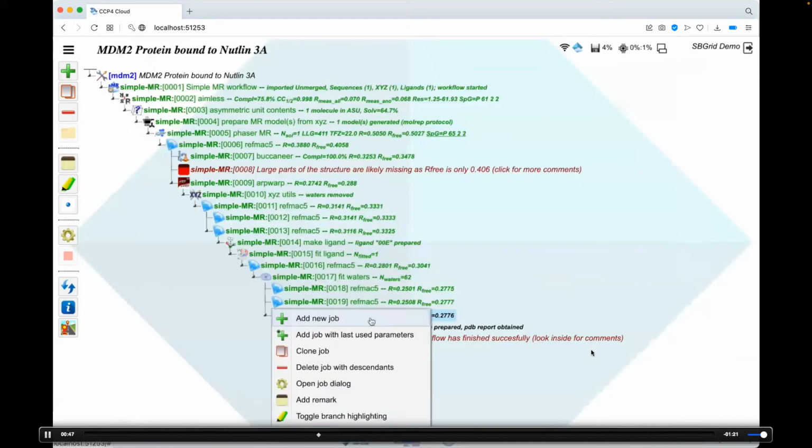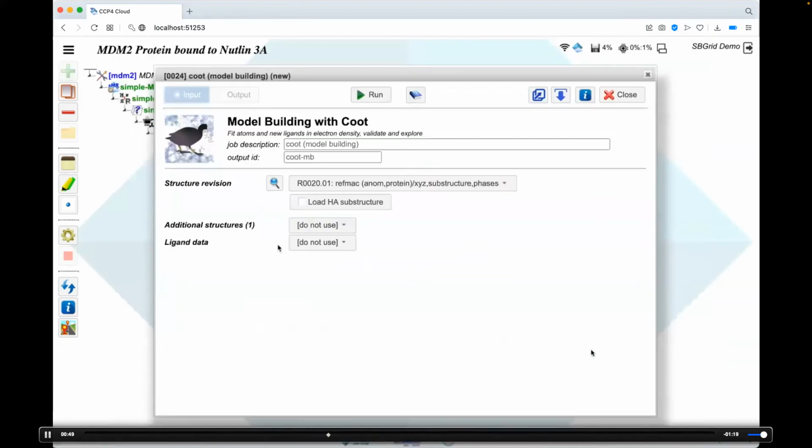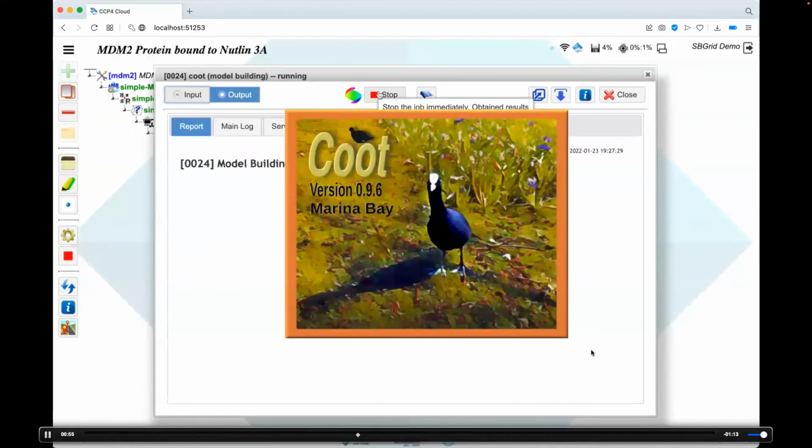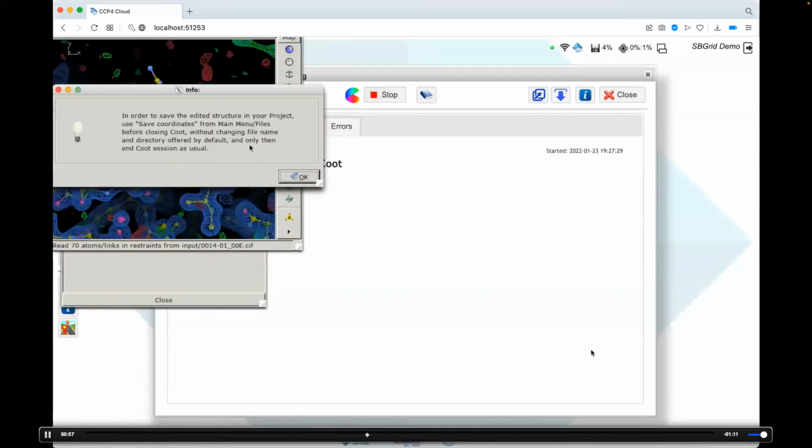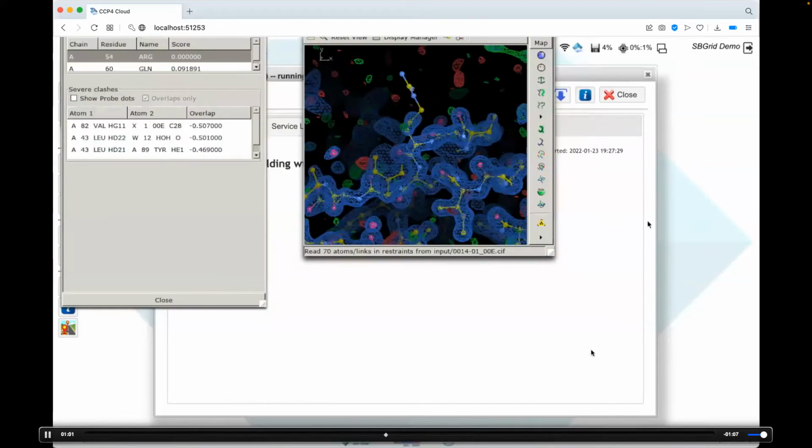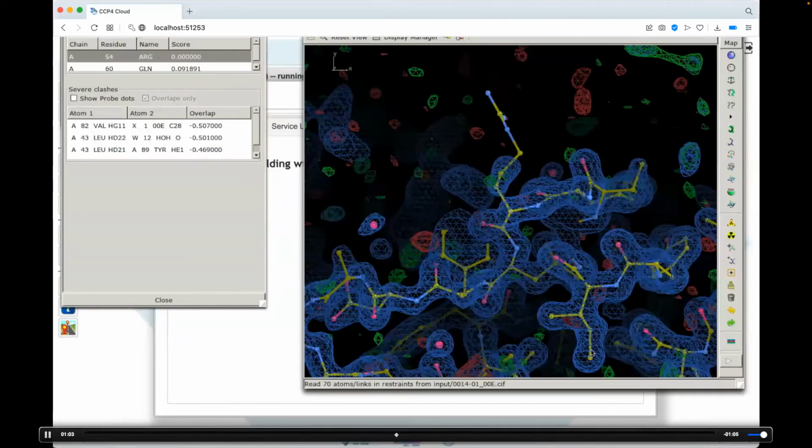So we attach COOT job to the last refinement job. All data is pre-configured, preloaded. You don't have to change anything in most cases. Started, and COOT starts on the local machine now. So read this notice and do just what you